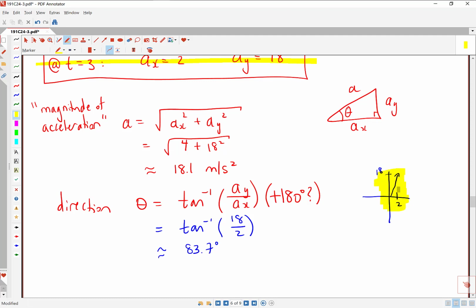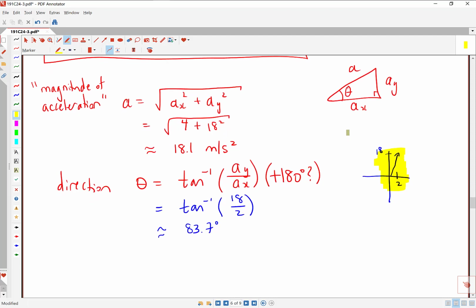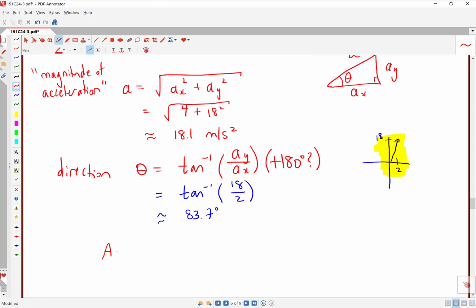Just from eyeballing that, yeah, that looks like about 84 degrees. So here's our answer. You can say the acceleration at that point in time that we're interested in is 18.1 meters per second squared, and then you can just say at 83.7 degrees. So we've got one more problem to go in this section, and before we do that problem, we